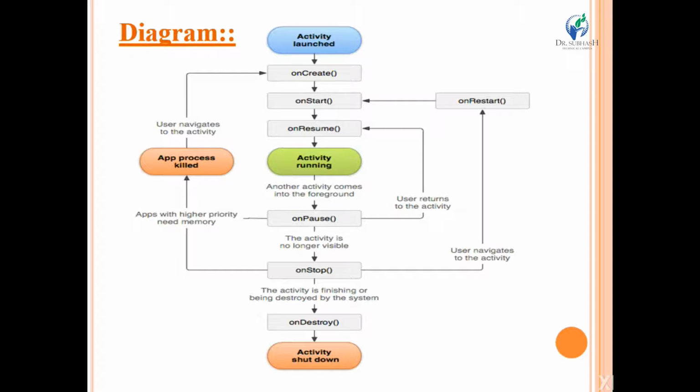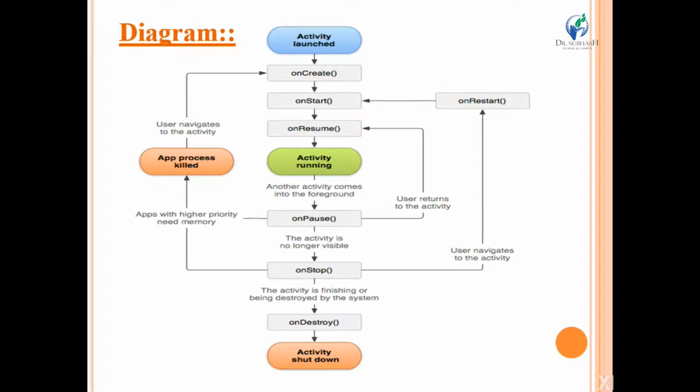Next, whenever your activity is visible and the user can interact with it, at that time the onResume method will be called. In another way, we can say that if the onResume method is called, at that time your activity is in running state. From there we can go to the pause state by calling the onPause method.